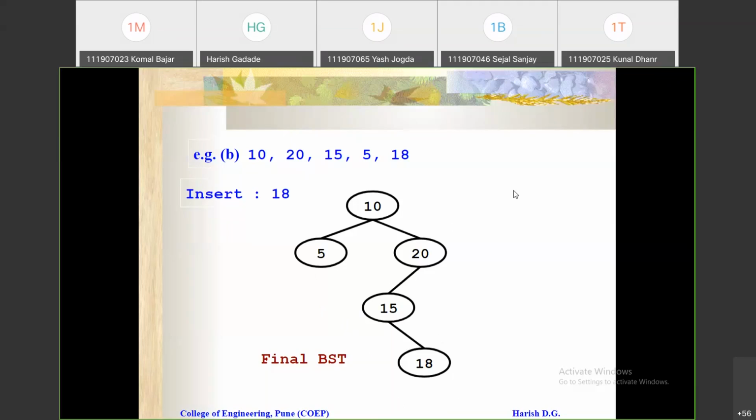And if you see here, this binary search tree is, again, we can call it a binary tree, because in a binary tree maximum 2 nodes are there for each and every root node, right? So that's why this is a binary tree. And as it is obeying the properties of the binary search tree, that's why we can call it a binary search tree also, right? So if you are having any doubt in the creation of the binary search tree and its definition, please ask me. Otherwise, we'll just move on to the traversal.